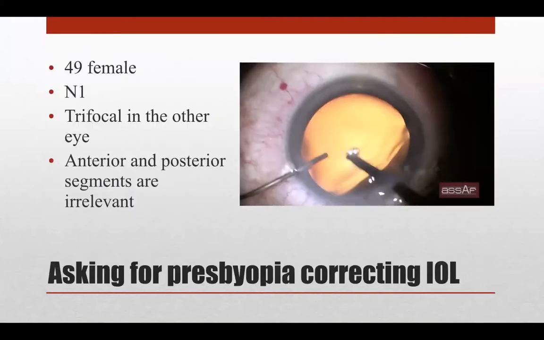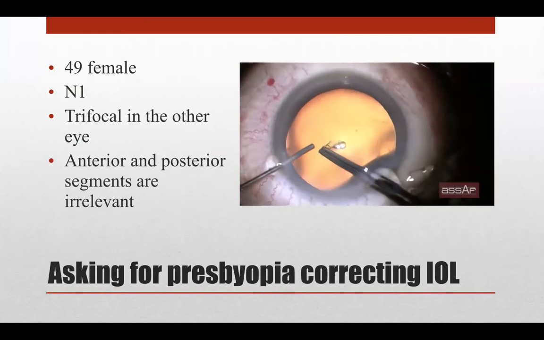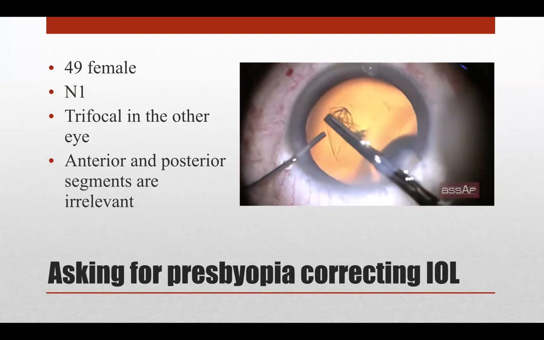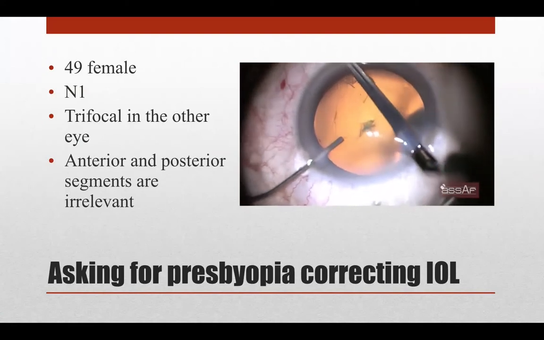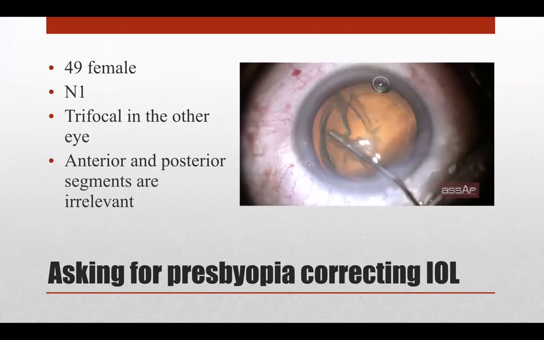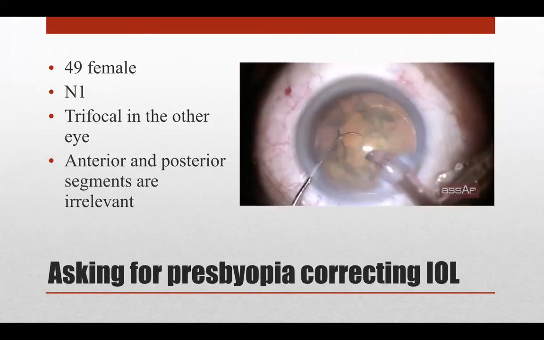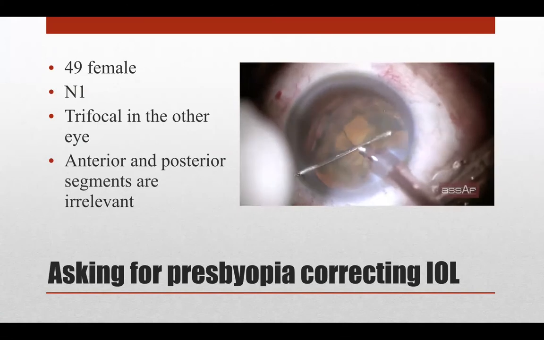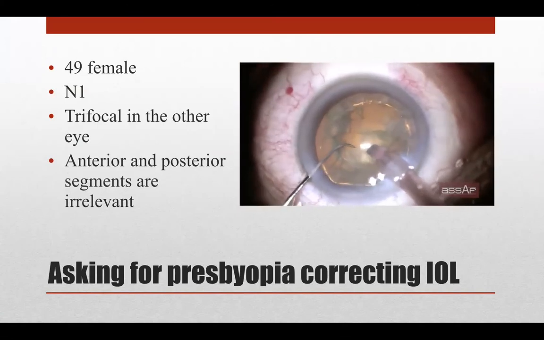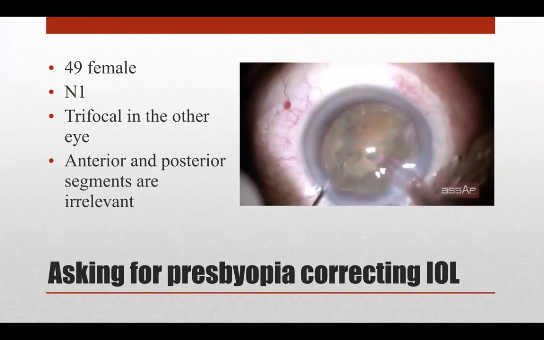The final case, case number 3, is another routine case of a 49 year old female lady with a soft cataract, and she has been implanted with a trifocal lens in the other eye, and now she was coming for implantation of the same lens in the other eye. The anterior and posterior segment examinations were irrelevant, and the case was pretty much a routine case, the soft cataract, hydrodissection,